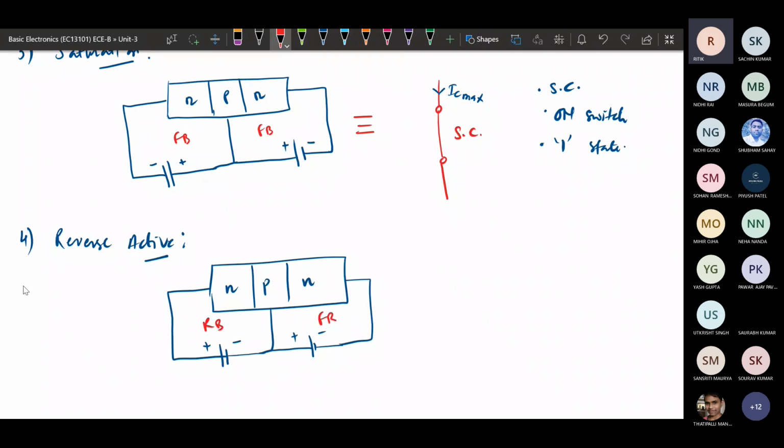If this is the case, there will be transistor action taking place. But the alpha, or you can call it the current gain, will be very much less than 1. So there will be a very low current gain, and if it has very low current gain, it is of no use. That's why this mode is basically avoided in the case of BJT.